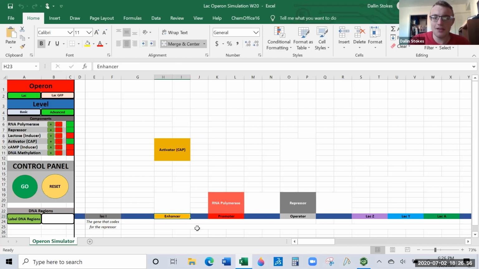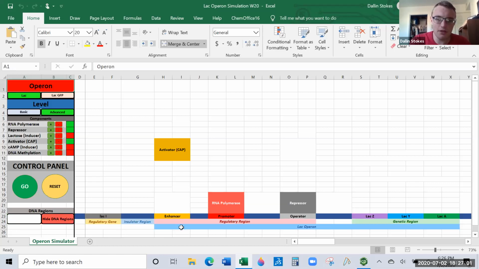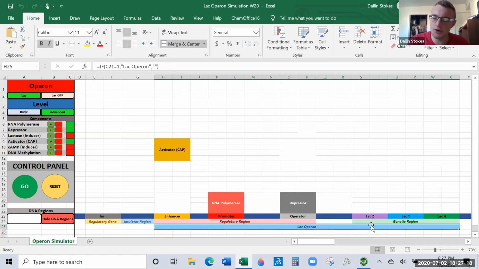And the enhancer and the promoter and the operator together form what we call the regulatory region. So over here, the 3 genes, these are the genetic region. And these 3 components over here, the enhancer, promoter, and operator, these are the regulatory region. And the regulatory region plus the genetic region is the Lac Operon in total. So regulatory region plus genetic region, switch plus light bulb, that's the Lac Operon.